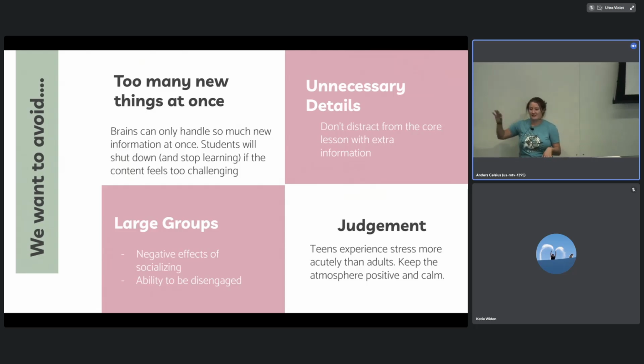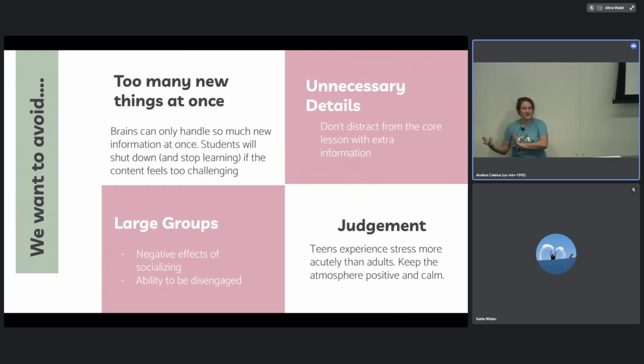We want to avoid unnecessary details. The lead mentor on one of my teams was also the programming mentor. In the little rotation where they ask what programming is, he started diving into the details of an IP packet. That's super interesting, I took a networking class and that stuff's really cool. But they don't care. You're just confusing them and giving them a sense of, oh God, I could never learn all of this.